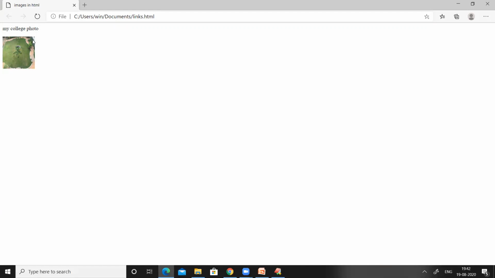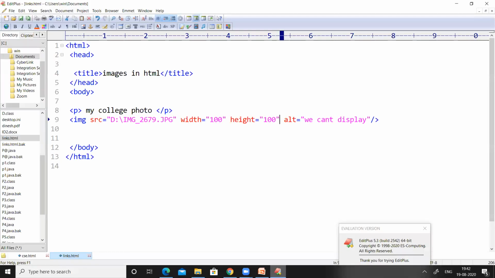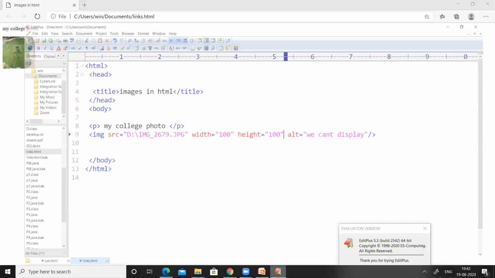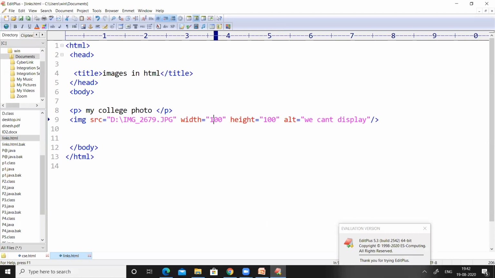This is how we can change the size of the image on the web page. Let us improve the size somewhat. Let us change the size to 400 and 300. Save the code.